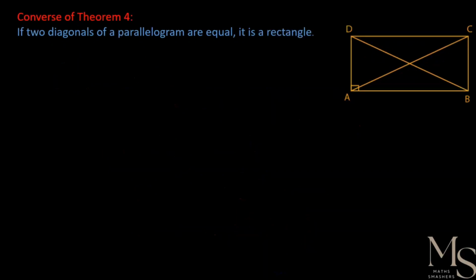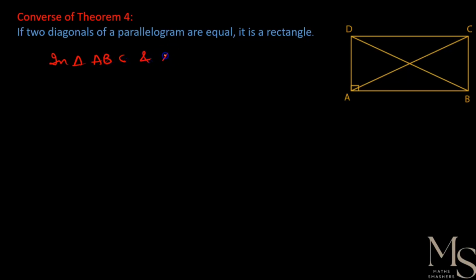So let's move on to the next theorem. This theorem is the converse of the previous theorem, that is, if the diagonals of a parallelogram are equal, then it is a rectangle. We have to prove that if the diagonals of a parallelogram are equal, then it is a rectangle. So what we will do is, in triangle